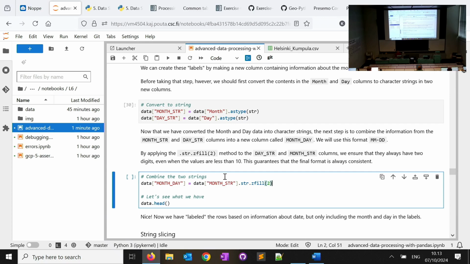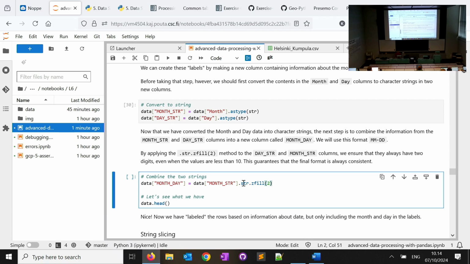What data type do we have here? This data month_str. So when we are accessing one column of our data frame, what are we actually getting? It's one dimensional. What was it called? It's a series. So if you just access this without str, you're going to get an error because zfill only works on strings. If you apply it on a series, it doesn't work.